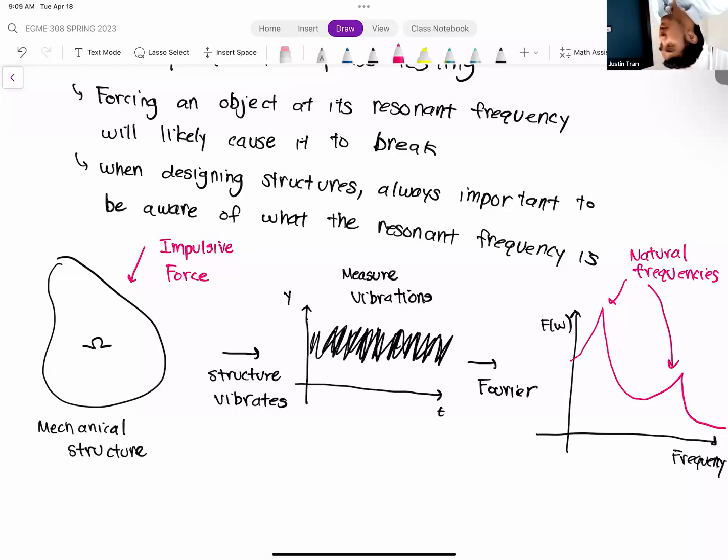Right. So the engineer has to be aware of these. And so they want to make it so that the natural frequencies are not something that can easily be achieved. Right? This is particularly relevant to California, because in California we have earthquakes that happen on a semi-regular basis. So if you're designing a building in California, you want to make sure that the natural frequencies of the building don't match up with an earthquake frequency. Otherwise, your building will shatter and you'll probably lose your job and lose your career, which is usually not good.